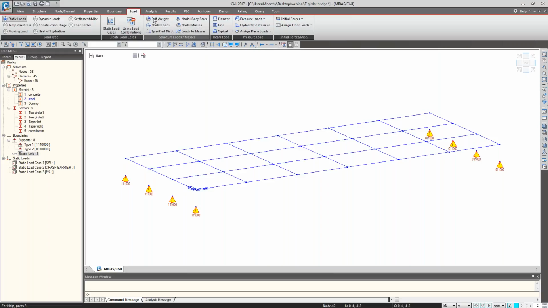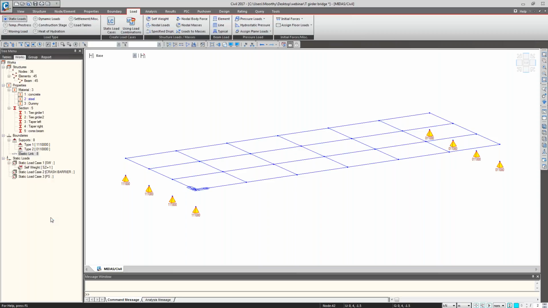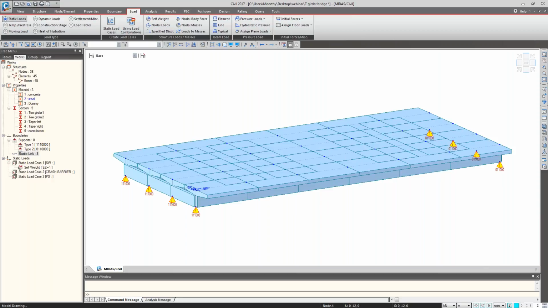So for the self-weight, the load case is already selected, and Z is vertical, so Z is -1. So that the program calculates self-weight automatically and acts vertically downwards. That's why we are entering the factor as -1. And close the 3D view, and then